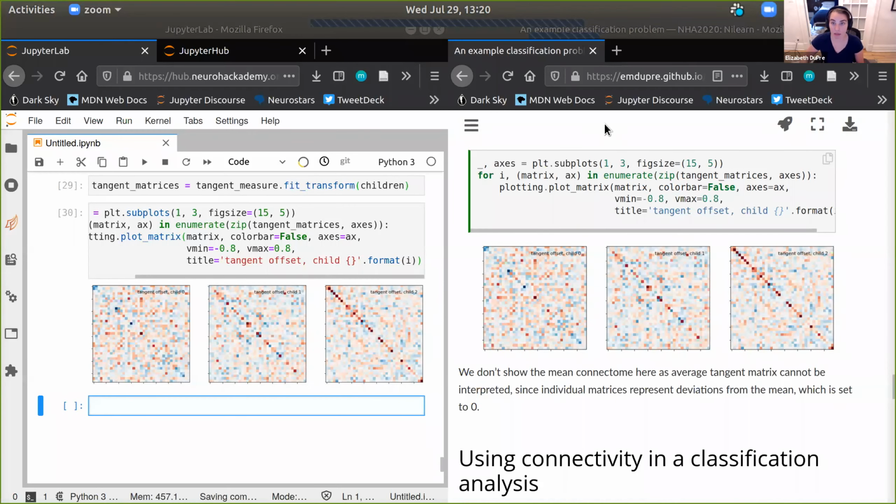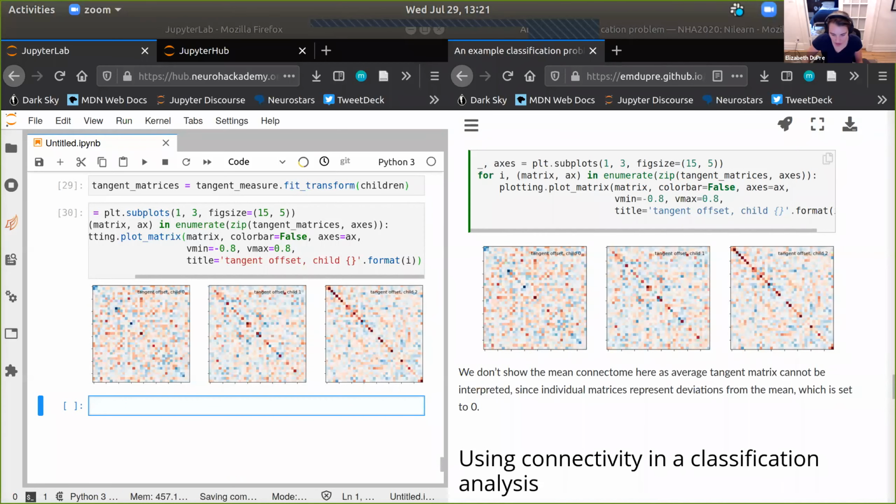But I think partial correlation hasn't seen as much uptake in the field, partially just because it's harder for people to interpret. The best way to do it is to look at the data, see what it has, and think about what exactly you want to say about your connectivity matrices.